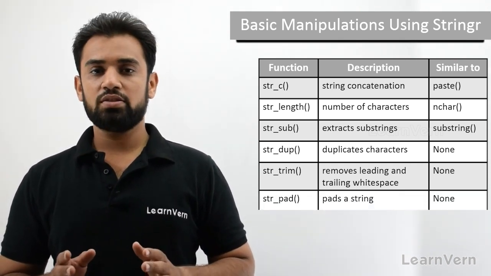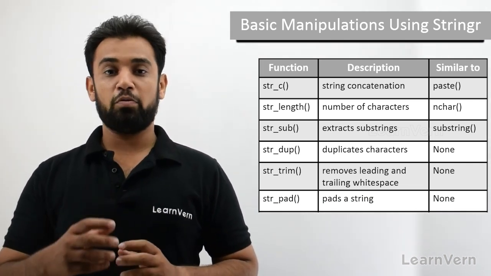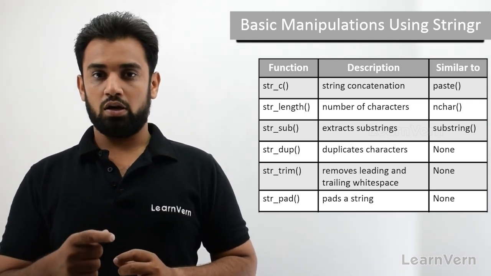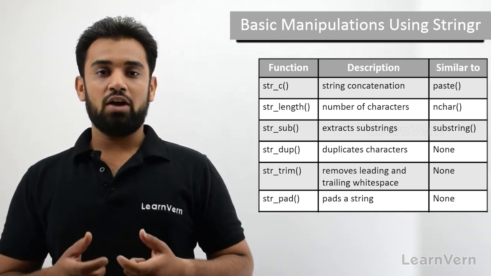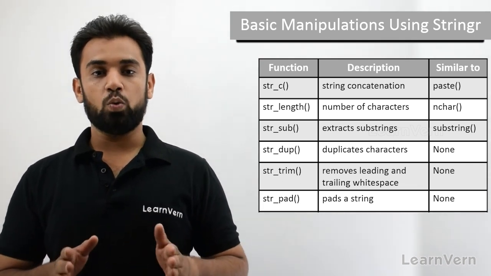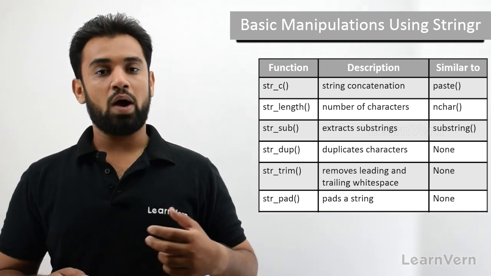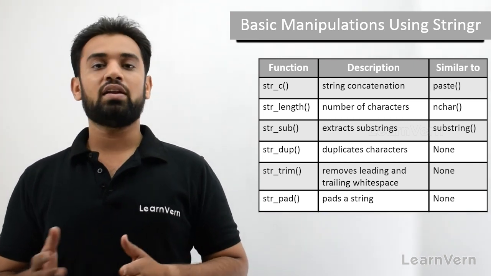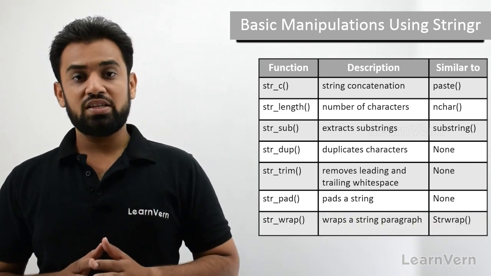The next function is str_pad. So what this function does, it pads some characters in the front or at the end of the string. How do you do that? We'll look practically, but what's the use? When you have many elements in a character vector, if you want to make them of equal length, then you use str_pad. You can add a hyphen, you can add white space, you can add a hashtag or any other character in front or at the end of the string, so that it becomes of equal length.